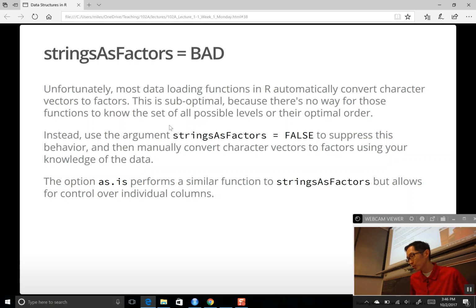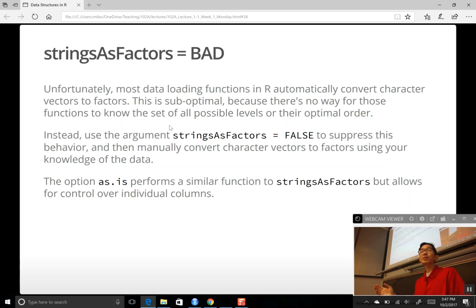But now often we want to actually do work with the character data itself, right? Natural language processing is a big thing, and we want to treat things as character data. And so you'll probably want to use the option stringsAsFactors equals FALSE. That's going to say if you see strings, leave them as strings instead of trying to turn them into factors. All right,